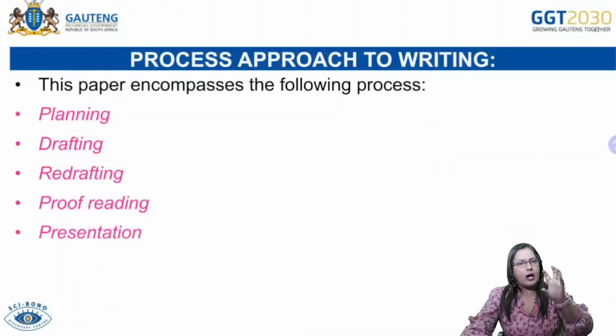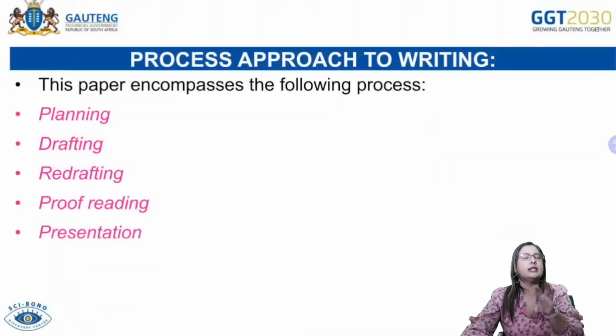All right. So while you are putting all of the ideas together, this is the drafting part. And then the redrafting obviously is when you have now removed certain ideas and included other ideas. All right. So your planning needs to ensure that it's covering those three aspects. All right. And then your final product that you write out, you would then be doing the proofreading. Now, the proofreading is obviously where you're checking for all of your errors, which I'll also cover with you just now. And then you're going to obviously do the presentation part, which is the final product that will be submitted.